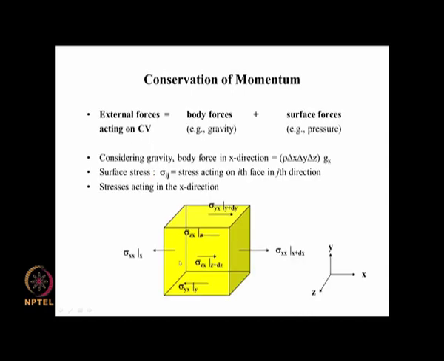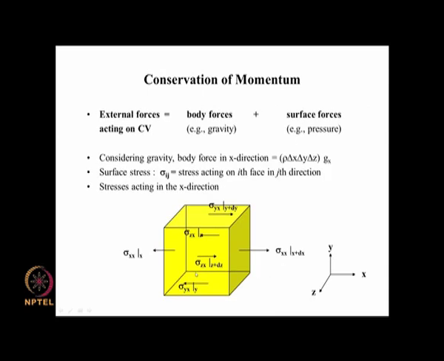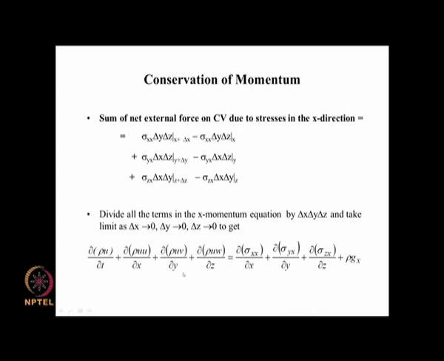Similarly, these two, when divided by delta x, delta y, delta z, and then delta y remains in the denominator, we take the limit as delta y tends to 0. Those two will give us minus dou by dou y of rho u v, and when we bring it to the left hand side we get dou by dou y of rho u v. We get this from the net momentum flow rate that is coming in, given by dou by dou x, dou by dou z of rho u v.